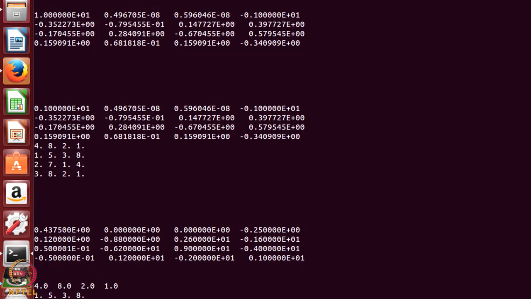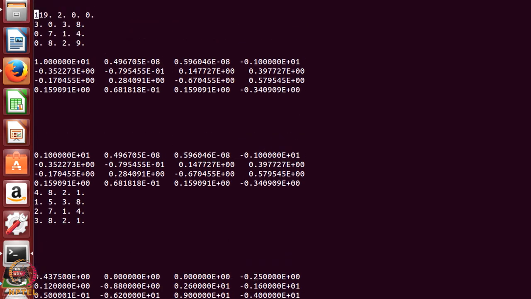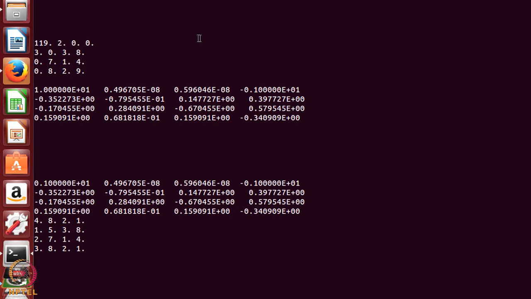Okay. So, this is my matrix. Since my screen and your screen are different, this is my matrix. What was my matrix? 119, 2, 0, 0, 3, 0, 3, 0, 8. This was my original matrix, and I used it to do all the calculations. Since we have now found how to find the inverse of a matrix, let me also execute the program for diagonalization. What was that program for diagonalization?